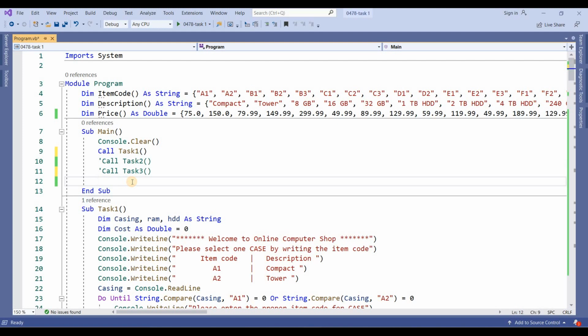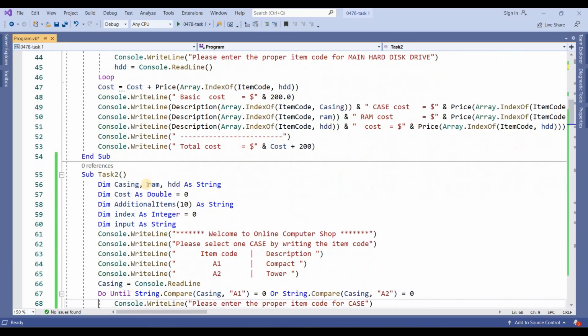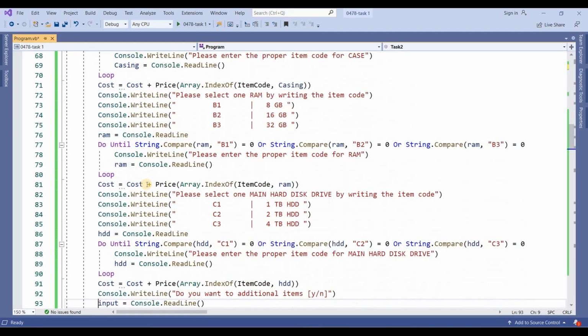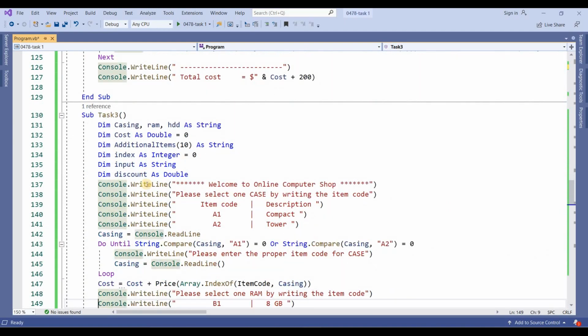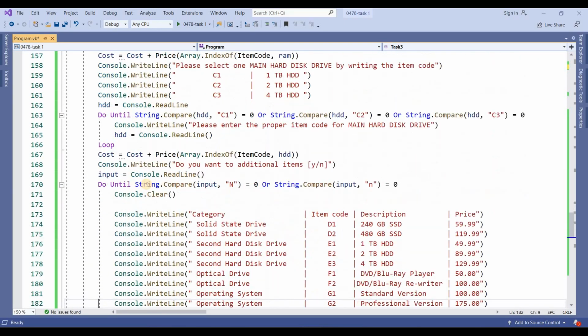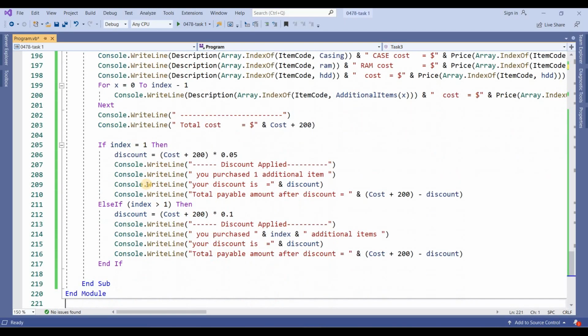I will write one PDF file, and if you need that PDF file, please send me an email. I will return to your email with the PDF file of this solution. Okay, this is the complete solution of this problem. This is my code, and if you want to get any help, please tell me.